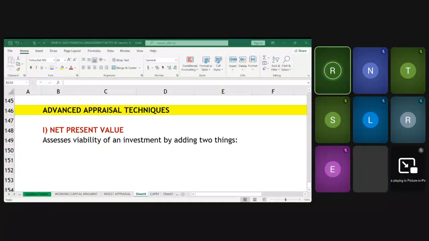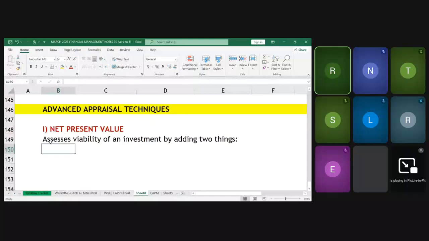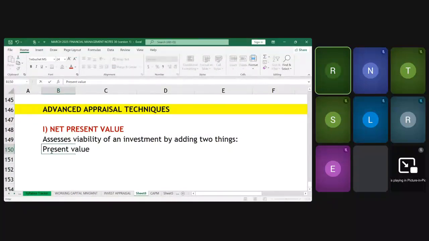Right, we are going to add two things. Number one, we are going to add the present value of investment in year zero. You add the present value of investments, which is negative, and this is in year zero. You are going to add it to year zero, and